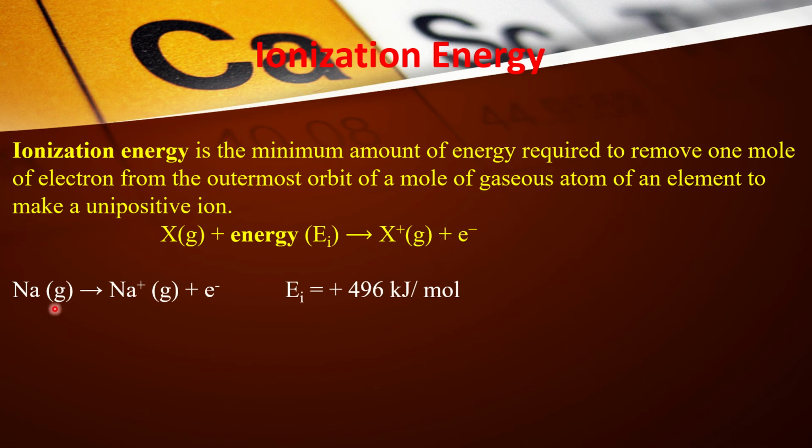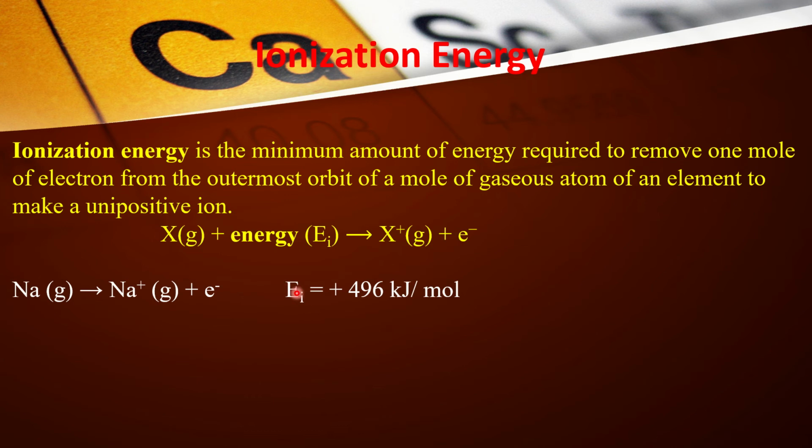Now here look, sodium: after removing 1 mole of electron from sodium, at first you have to make it gaseous condition. Then sodium will make sodium ion, and the energy that is needed to remove 1 mole electron is called ionization energy, and the ionization energy of sodium is 496 kilojoule per mole. Dear students, here the energy is positive, because you have to apply the energy that is needed. You will not get the energy. You have to apply the energy.